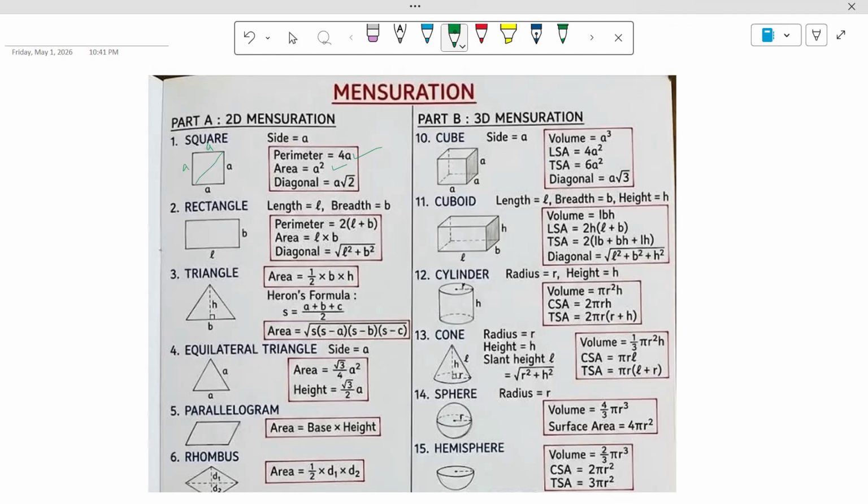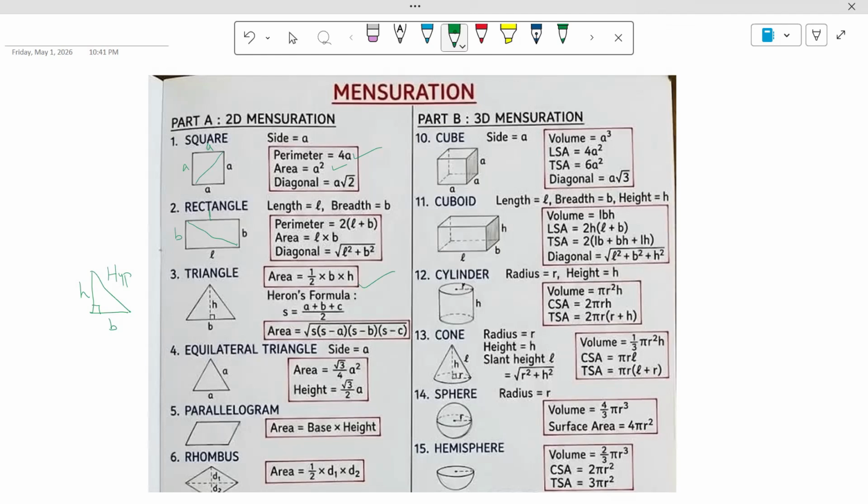Next comes rectangle, perimeter, again sum of all four sides. This is L, this is B, so that's how it becomes 2L plus 2B. Area L into B and then the diagonal, again line joining the opposite corners is called a diagonal. This is also a right angle triangle. In this case, this will be your B, this will be your small h. This side is hypotenuse, right? So while getting the area of a right angle triangle, you're going to simply take half B into h, and small h is the straight height.